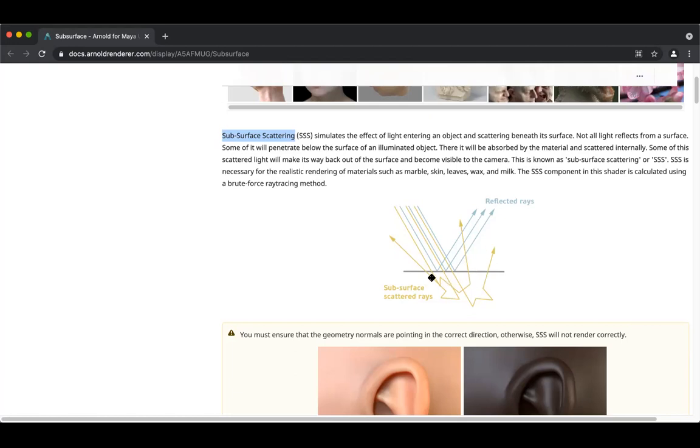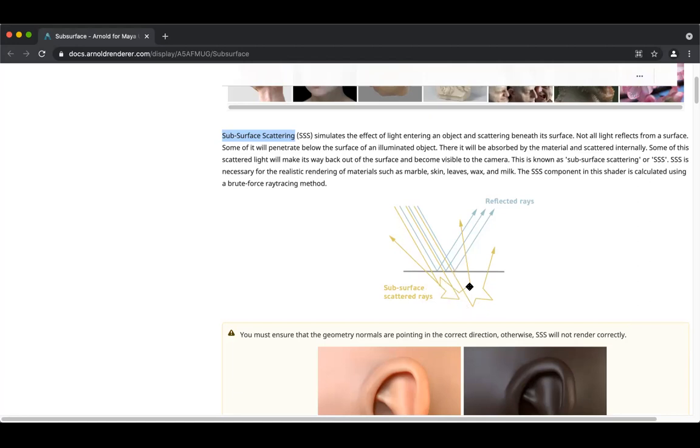When light rays go inside the object, they collect the color detail inside the object, and they carry that color detail when they come outside.